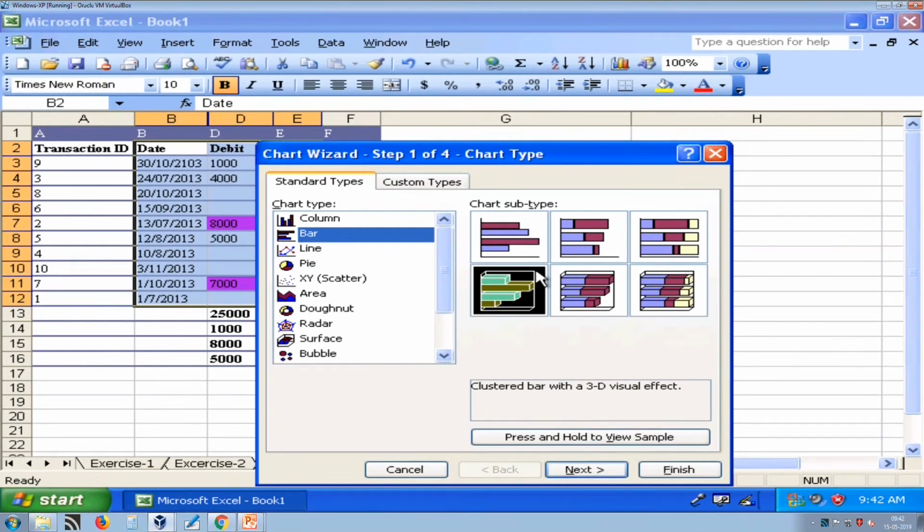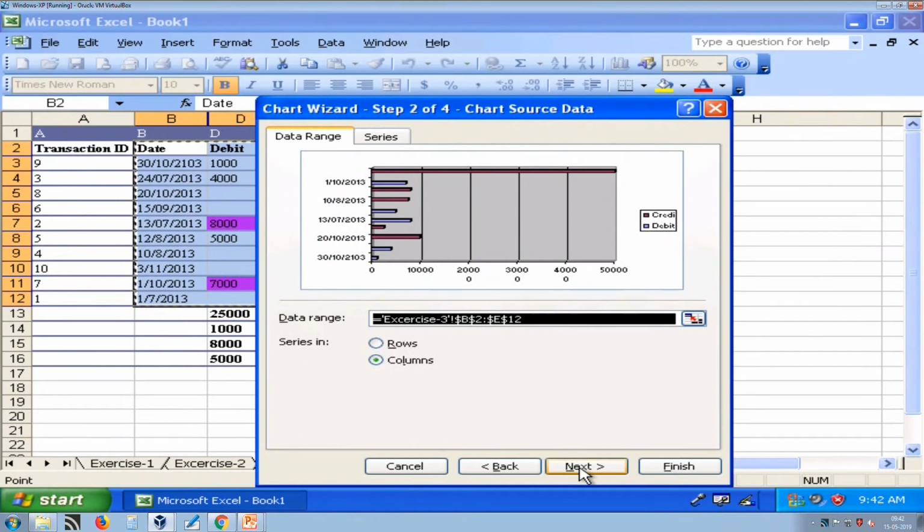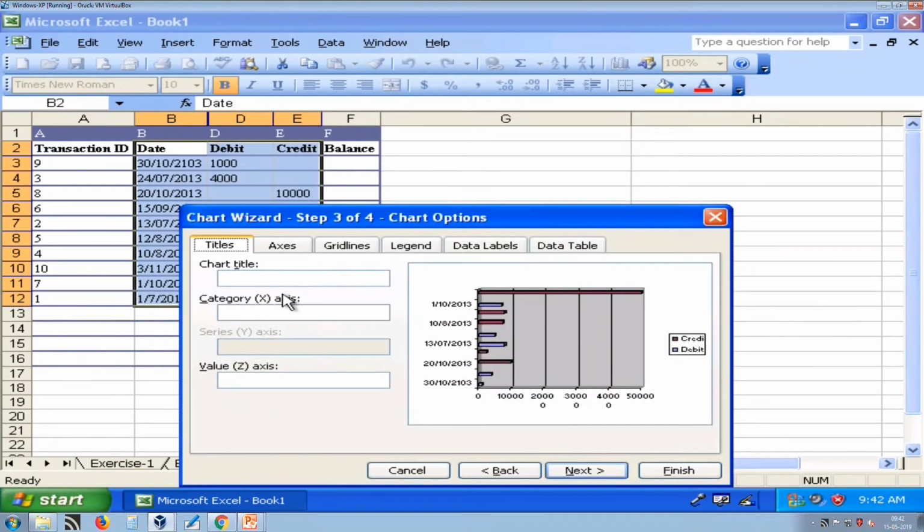So, select the type of chart that you want to display and press next. So, here our chart title is income expense chart.